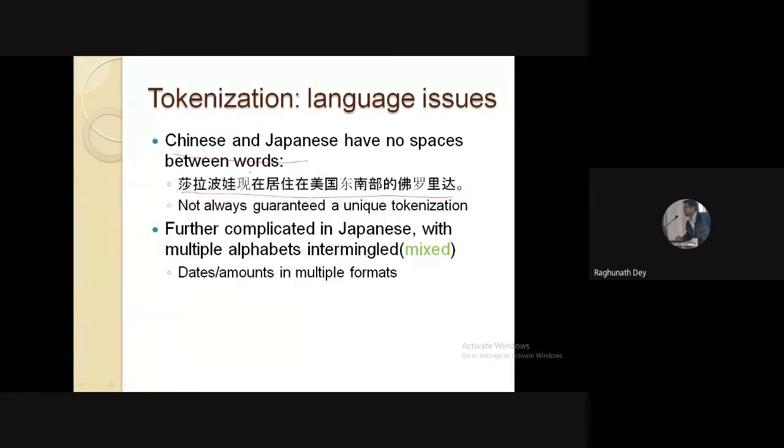So it's also very challenging to segregate the words or terms, because in Odia, Hindi, Bengali or English, we put spaces between two words. But in Japanese or Chinese, we may not have spaces to segregate the words. How to handle this? Further, in Japanese, we have a mix of characters and alphabets. On the upper side it has some different ones, and on the lower side there are different ones, a mix of alphabets.